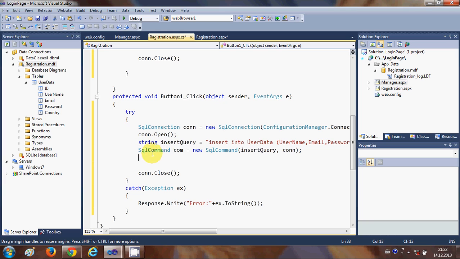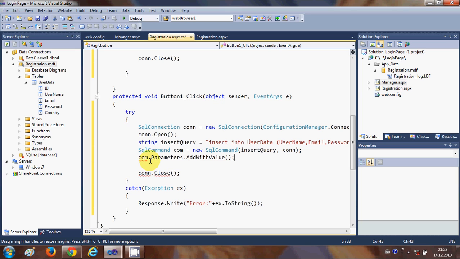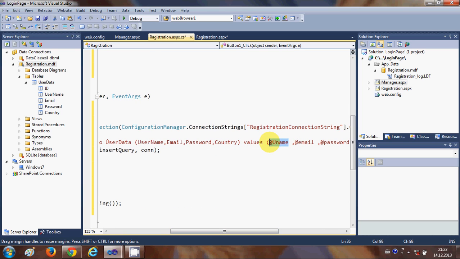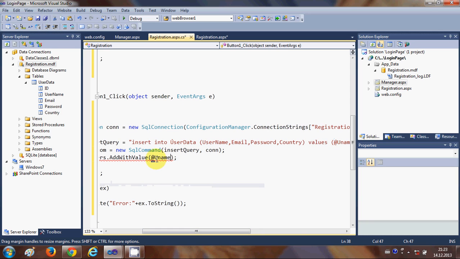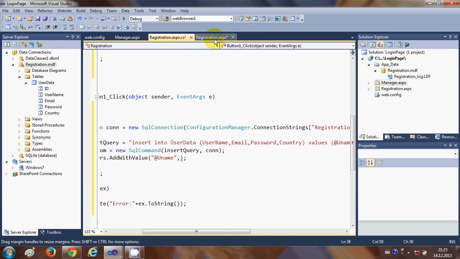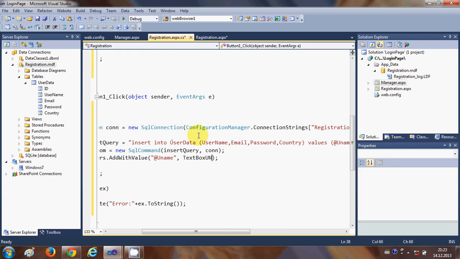now in here what we will do, after this query or command, the SQL command we have made or passed, we will execute the query, right? So just copy this com SQL command object, and then write .Parameters.AddWithValue, and we will pass two arguments here. First is this argument, which is @username, and the second argument, which is in double quotes first of all, and the second argument would be our text box from which we are taking the values. So the first text box was username, so TextBoxUsername